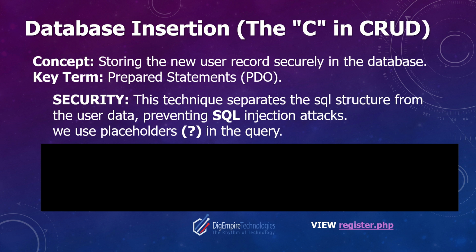So security is one prime factor in every database, very much important. So this security technique separates the SQL structure from the user data, preventing SQL injection attacks. So the PDOs help to prevent SQL injection attacks, and we use the placeholders indicated by a question mark in a query. So let us look at how a simple piece of code is done